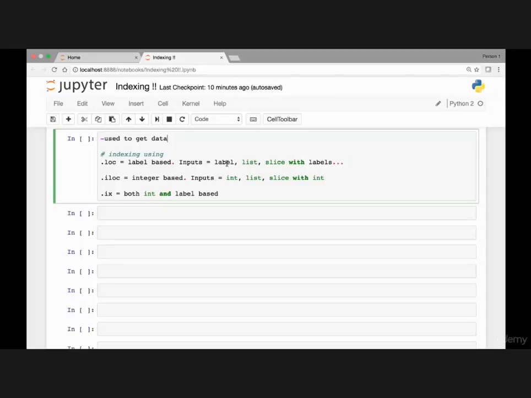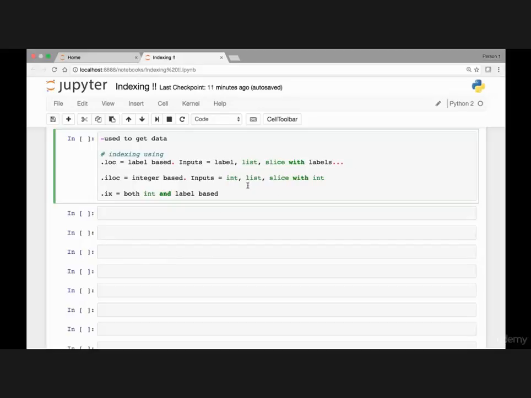So we can use a single label like the alphabets A, B, C, and so on. We can use a list of labels as an input, or we can use a slice with labels. For instance,